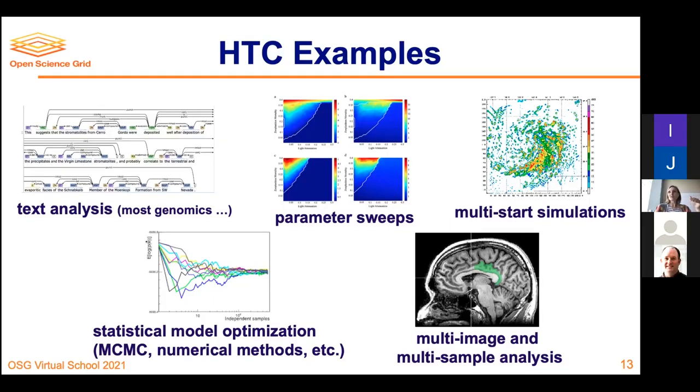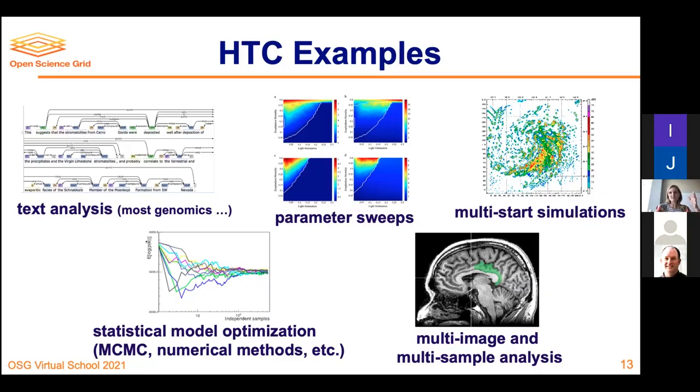But we also work with some of the same groups, same researchers who occasionally need to run something at lower resolution or for shorter durations with different starting conditions, kind of like the idea of a parameter sweep. But sometimes they're simulating different behaviors across different geographical regions, and each region can be simulated independent of one another. And then another popular one, especially in medically relevant research, is anything to do with multi-image or